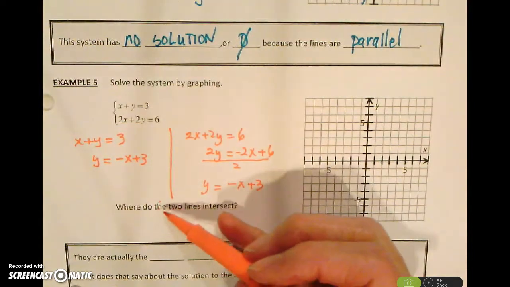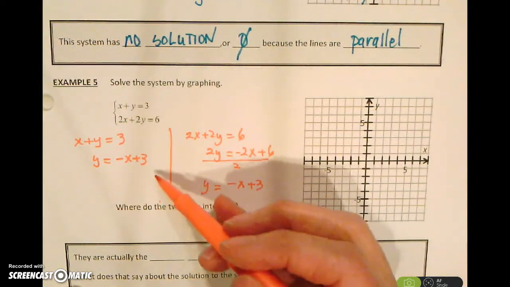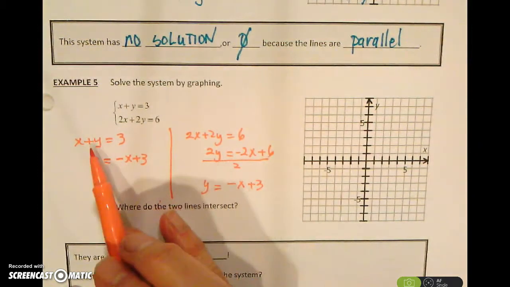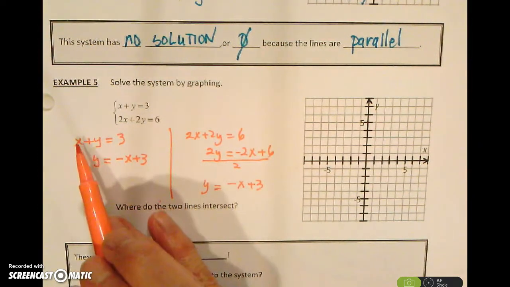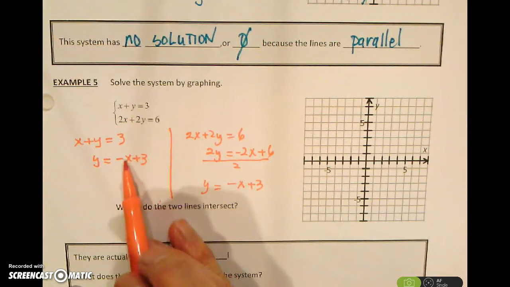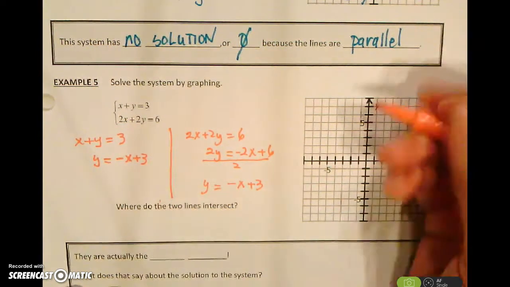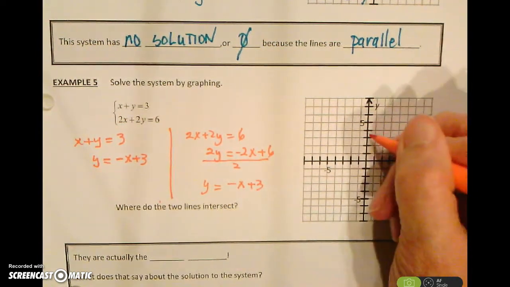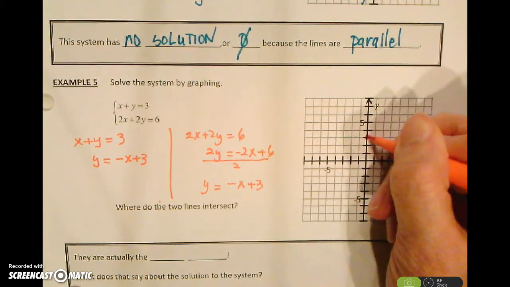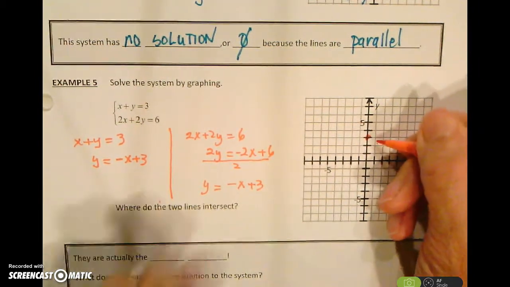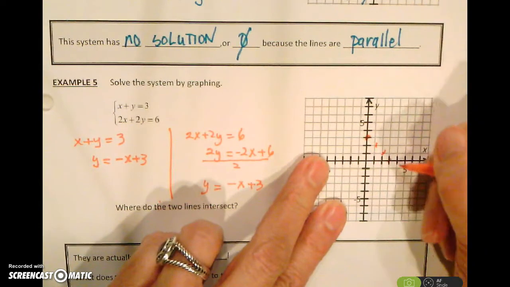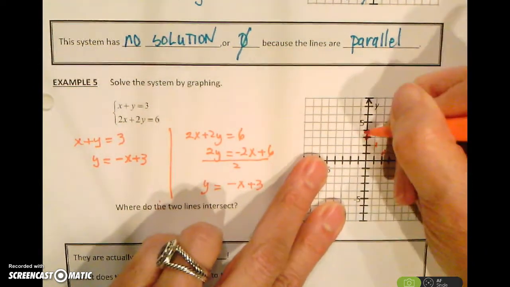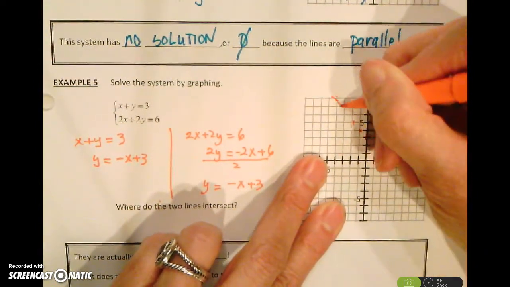On example 5 of this first section of Unit 6, I again solved for y, where I subtracted x from both sides and got negative x plus 3. And we're going to graph it, so that's a plus 3 and a slope of, again, negative 1. So it's going to travel down the page here and up as well. And we can draw our line